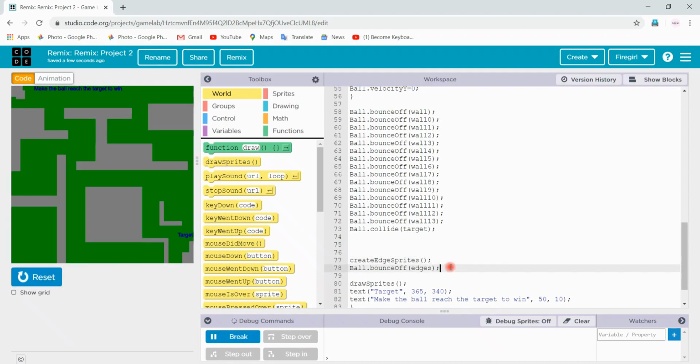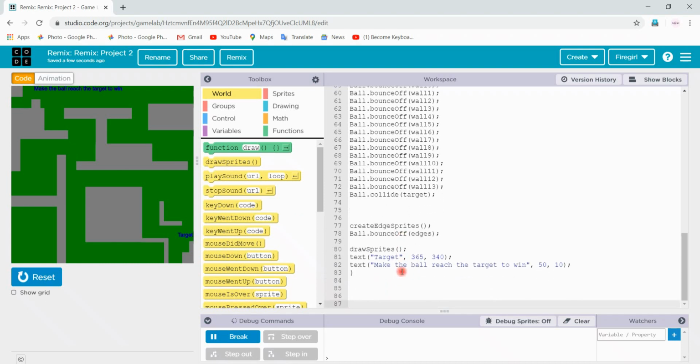And here is the same thing. If the ball is going to the edges, meaning the boundary part, it should bounce off. And if I do not use this bounce off function, it will move out.